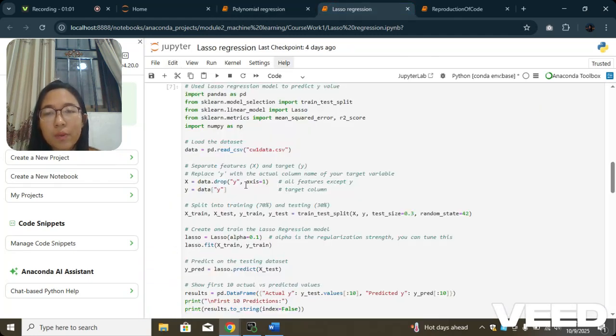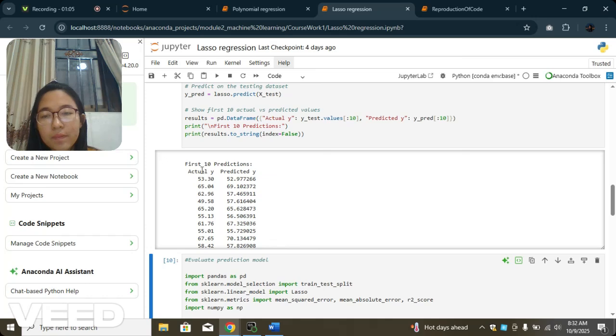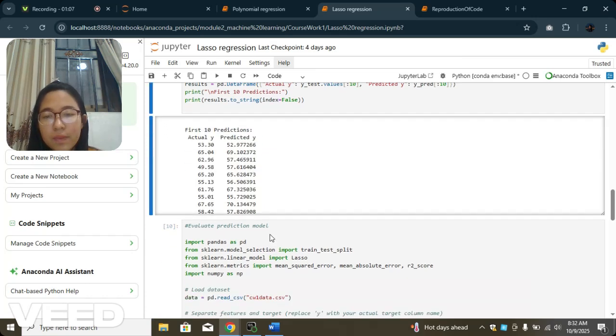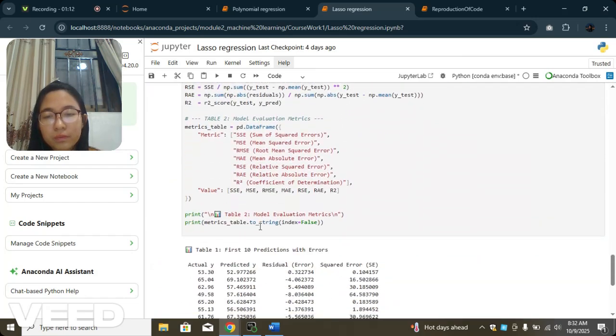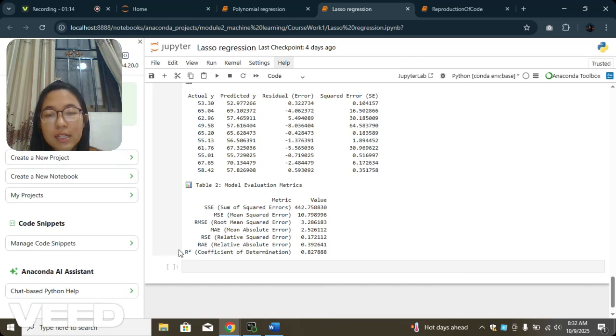Next, I use lasso regression to predict the y value based on the same testing dataset. This is the result. And also, I evaluate with the same evaluation metrics as before. Here's another result. This is the R-square rate for the lasso regression. So based on these two comparisons, lasso regression has higher accuracy and reliability for prediction purposes than the polynomial regression with